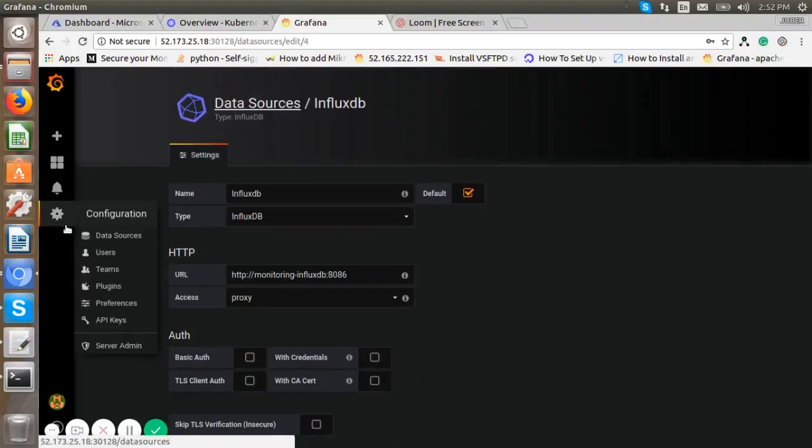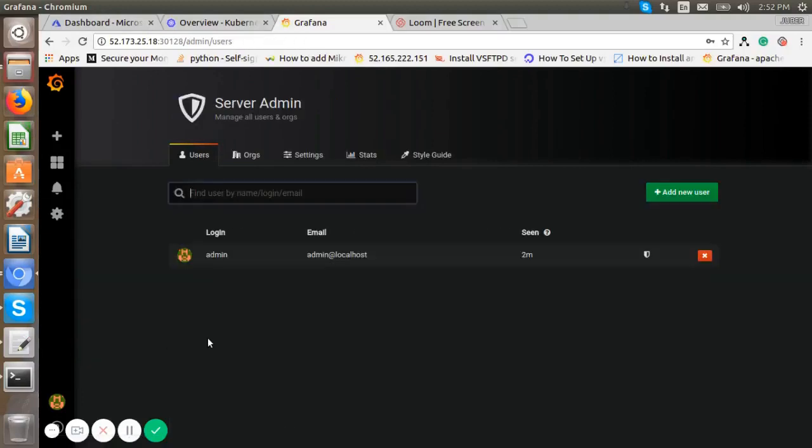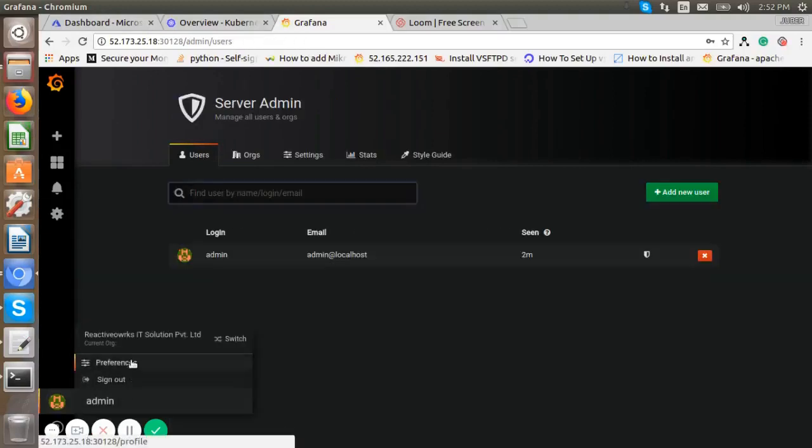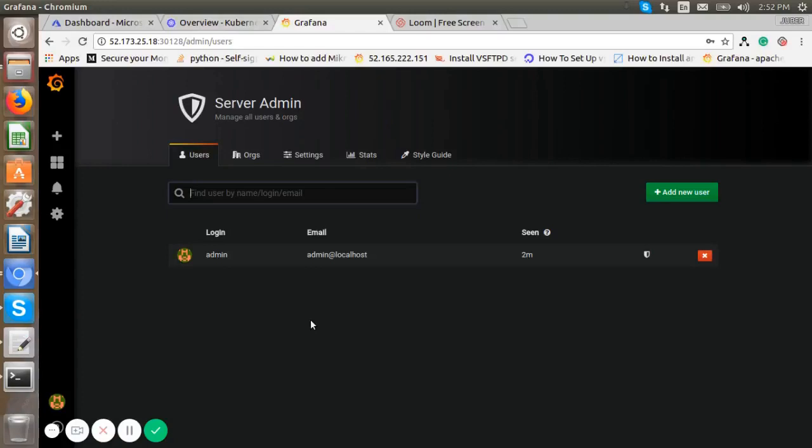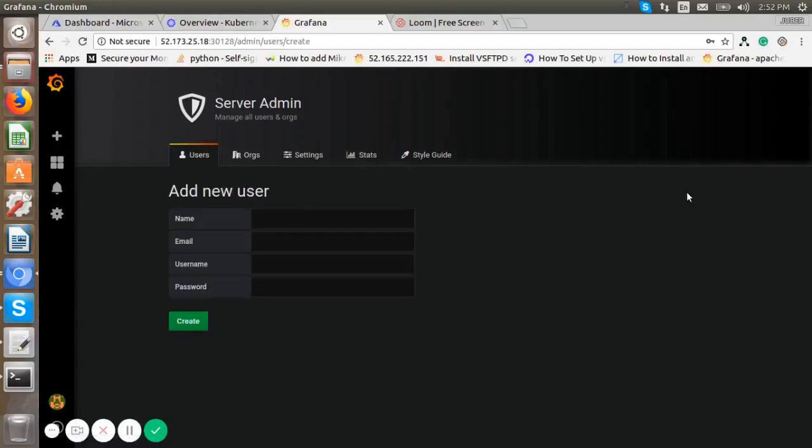Now we will go to add the user for the ReactWorks organization. Now the current organization we are working on is the ReactWorks organization. Now we can add the user into the ReactWorks organization first. Enter the user details.